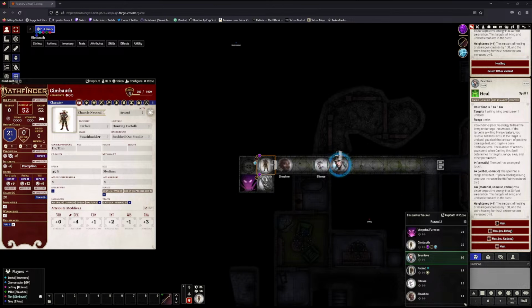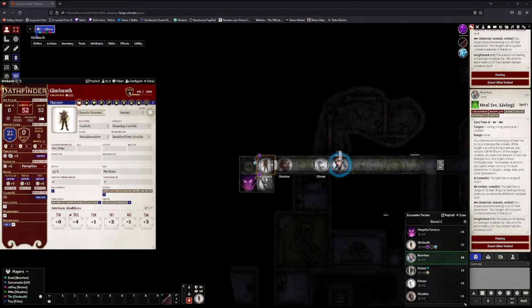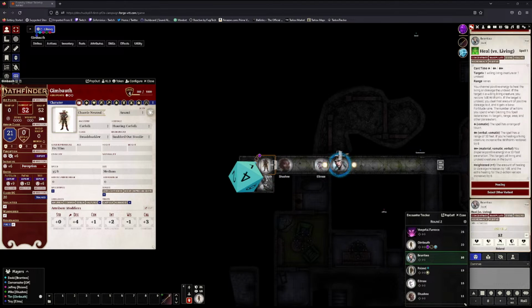Okay. Now hit the 2 heal versus living. Okay. And then just hit healing. Correct. Yep. 4 plus 8. Yep. There it is, 12. So I don't know if you can actually heal him or he has to do it himself. I've always had the other person say, "Hey,